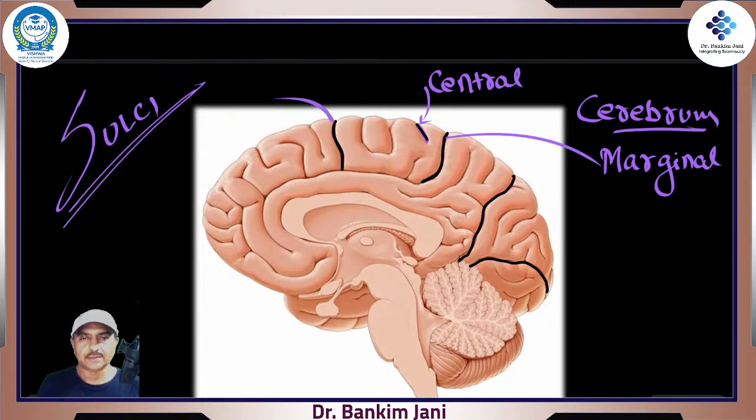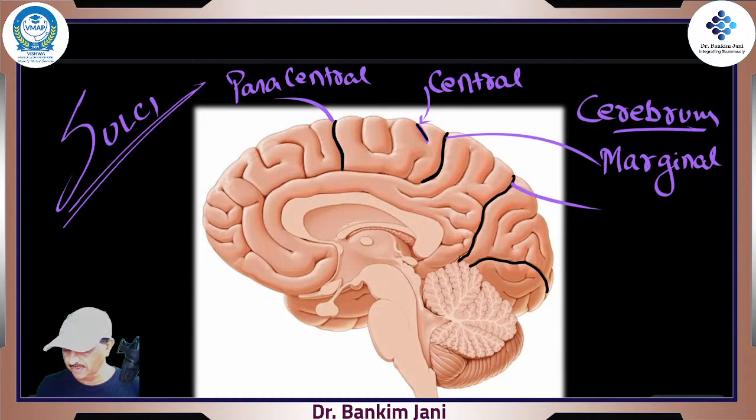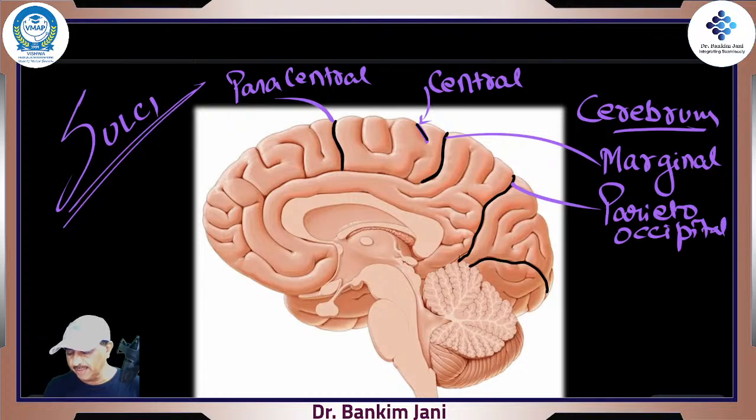This is called the paracentral sulcus, right? So this one would be the paracentral sulcus. 3 down, 2 to go. This one, the easiest name, parieto-occipital sulcus. And the last one, right? That is called the calcarine sulcus. So 1, 2, 3, 4, 5, these are the sulci. What we are trying to do is learn the